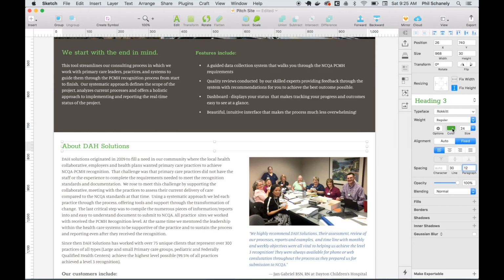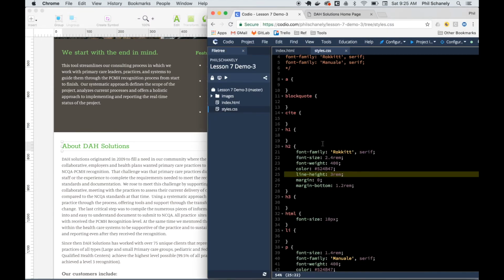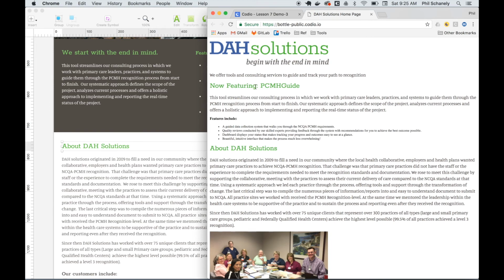But the color is not the brown color, it's this green color. So we're going to copy and paste that in. And there we have it. So let's go take a look. All right, so now you can see we've got the right setting on the headings and the right setting on